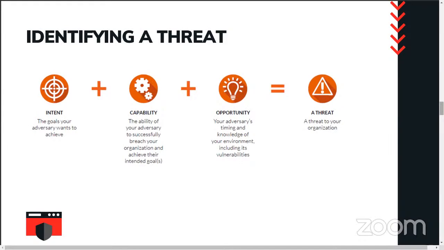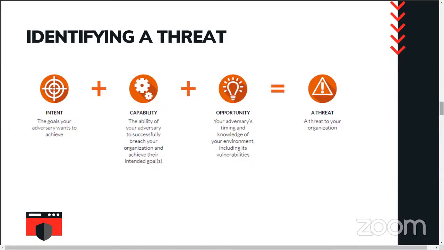Here we look at the intent, which is what an attacker or an adversary wants from you. Either they would like to access your proprietary information, or they would like to take down a service, maybe through a denial of service attack. They can have various intents. And then you have capability, which is the ability of your adversary to breach your organization to